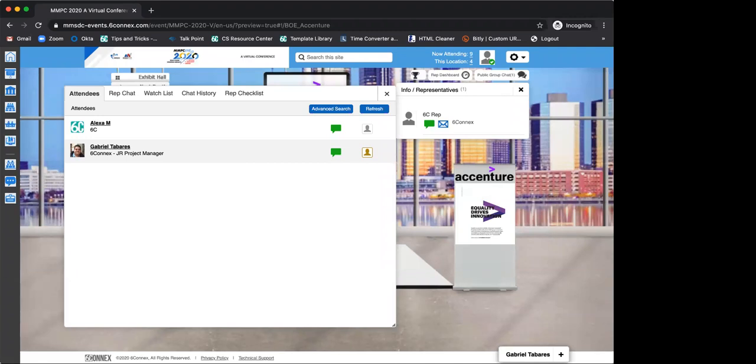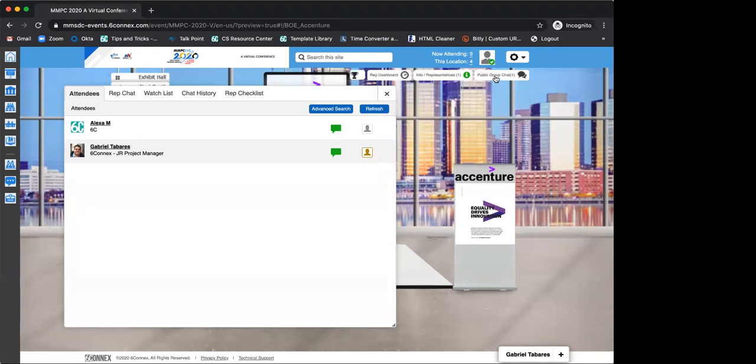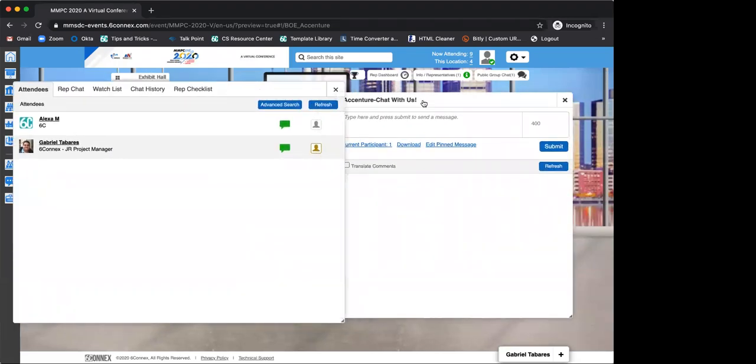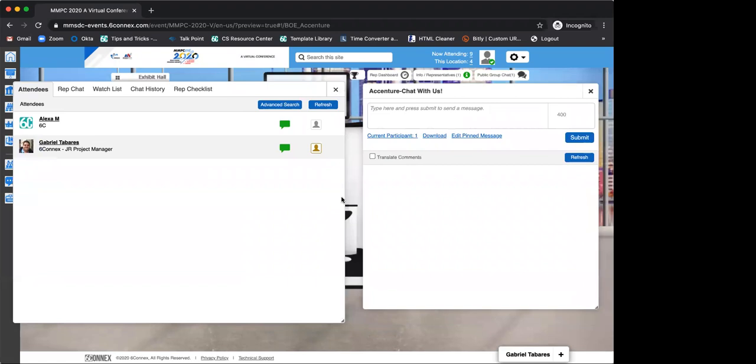Will all of our company reps be able to see everyone's chats with corporations we wish to engage? When you say everyone's chats, no, you're going to be able to see your own one-on-one chats only. Which is the other thing I'm going to show you. This is the public chat. You're going to have one enabled. As you can see, you can move windows around. You can even resize the windows if you want to.